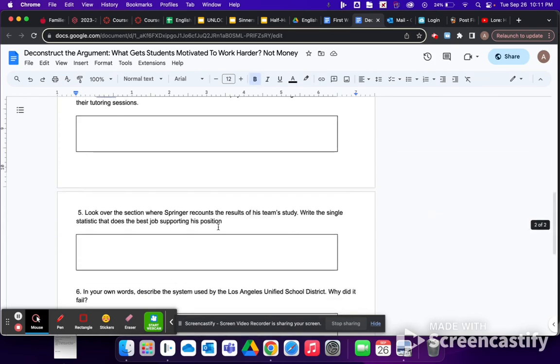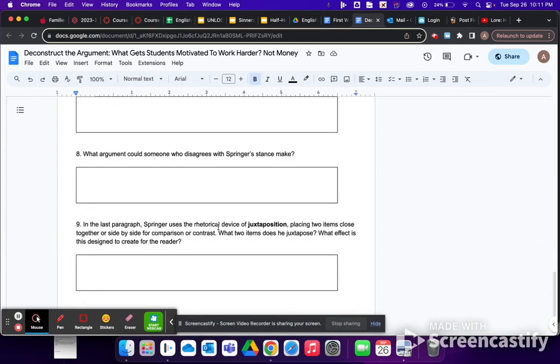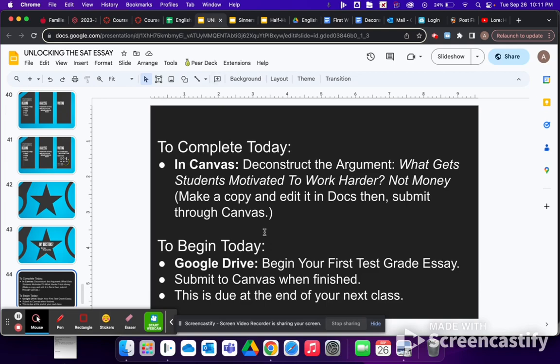And you can use any of the things that you put in these boxes in your essay whenever you start writing it. So again, what I want you to do is do this Canvas assignment today. Make sure you submit it back to Canvas so that I can grade it. And then if you have time today, you can go ahead and start on writing your essay. If you don't, you have Friday and the first class of next week. So the first class of next week will be when it is due.